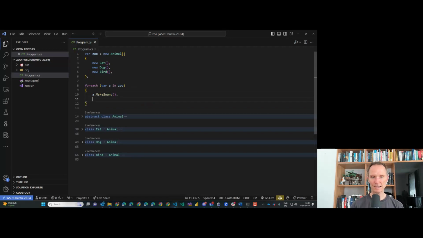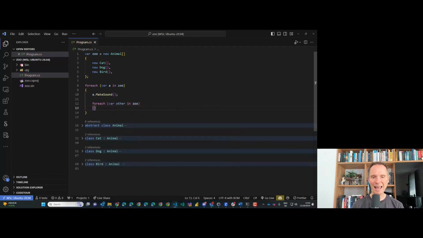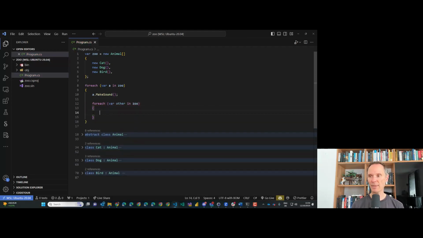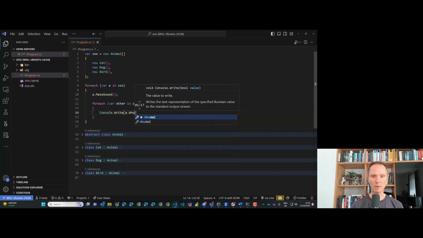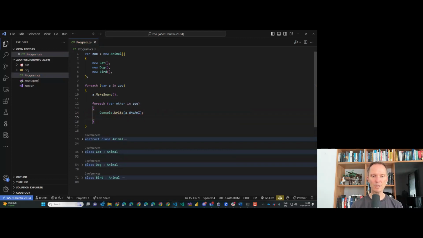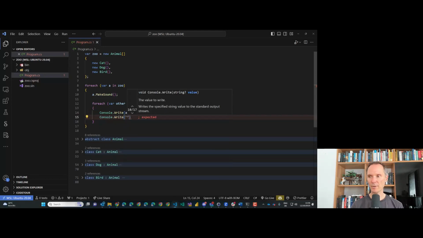Let's finish this method. For instance, we want to find out if this concrete animal likes the other animals in the zoo. So what we can say is for each var other in zoo, so we iterate again over all the animals, and then we can, for instance, say console write, and here we use a.whoami. Who am I? That's the first thing. Then we say console.write with a